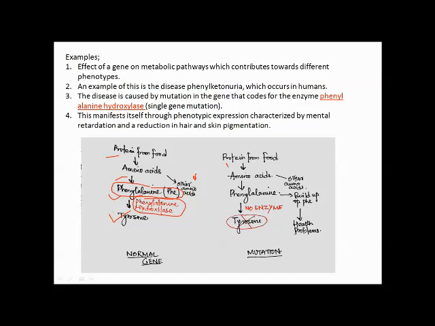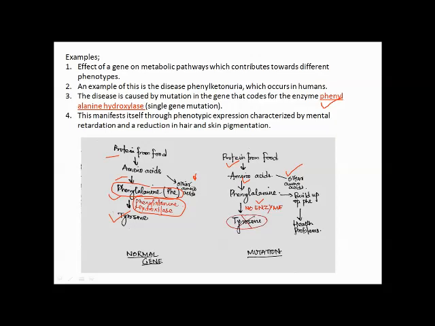So protein from food is converted into amino acids. The other amino acids will be digested as usual, but in absence of this enzyme phenylalanine hydroxylase, tyrosine is not formed, and because it is a stepwise metabolism, PHE will accumulate and then it can cause health problems or the genetic disorder. So why is this enzyme not formed? It is because of a mutation in the gene that codes for the enzyme phenylalanine hydroxylase.